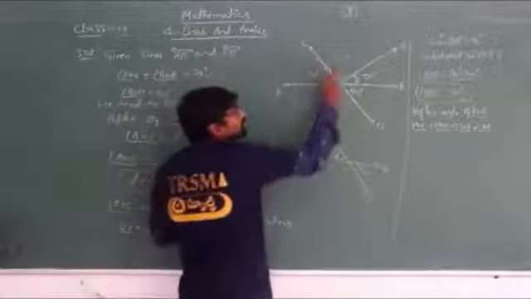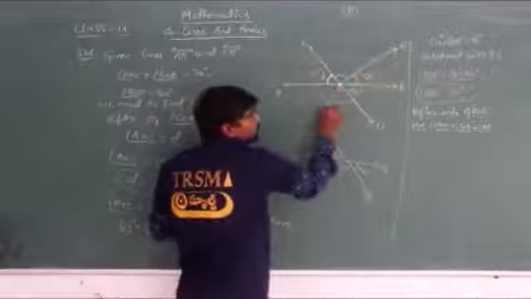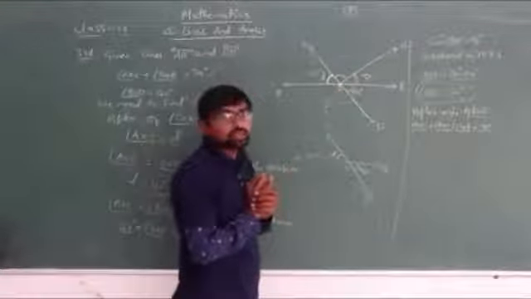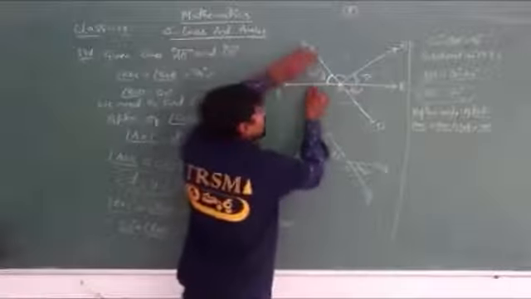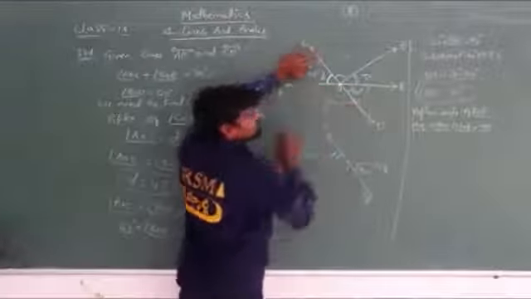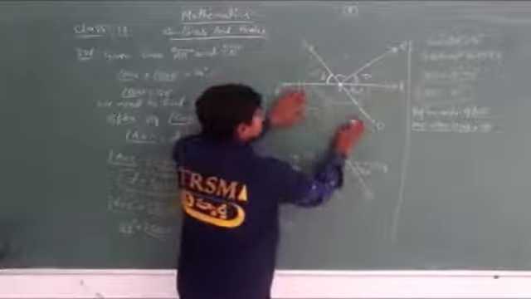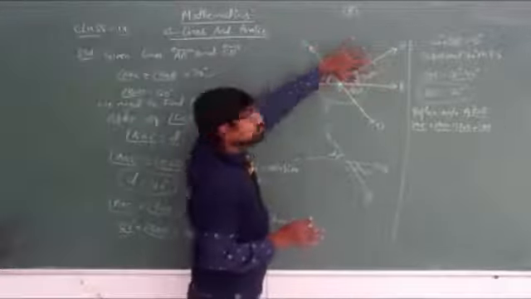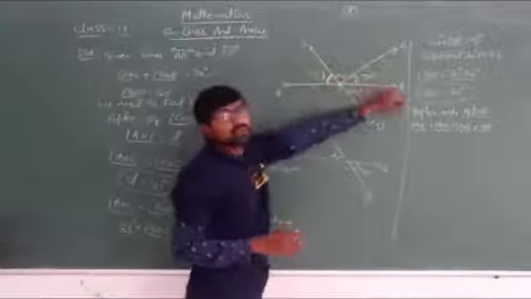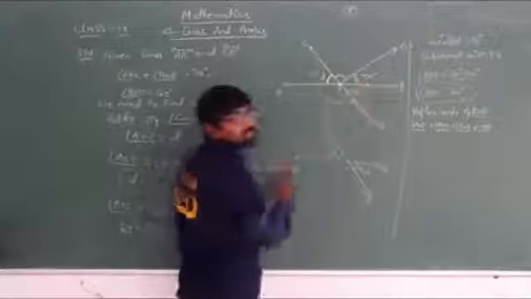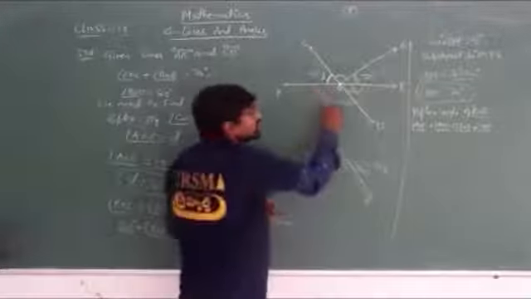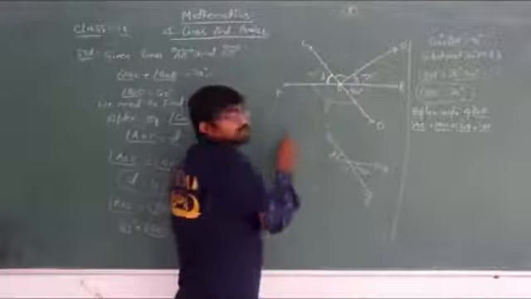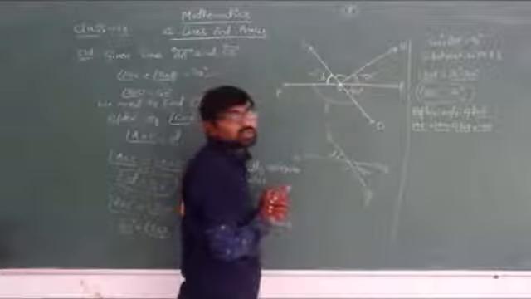Now for the reflex angle of COE, I need to find this value, which I don't know. Can I find it? Yes, absolutely. How? I can take this as a straight line, isn't it? See here, don't memorize this. You take just a line AOB. From here, the bottom angle, you will be getting a straight line angle, that is 180 degrees. So from 180, if you remove 40 degrees, then you will be getting this 140 degrees.